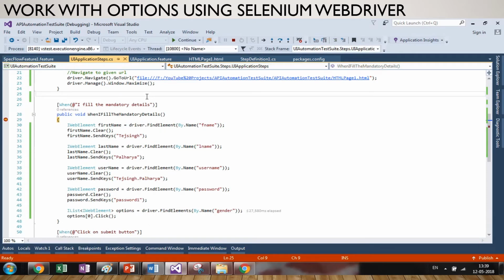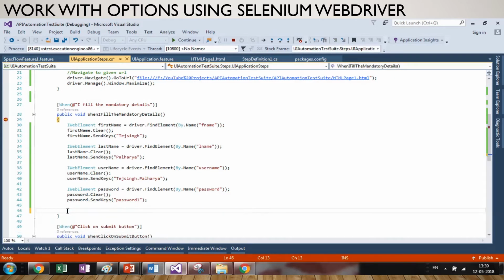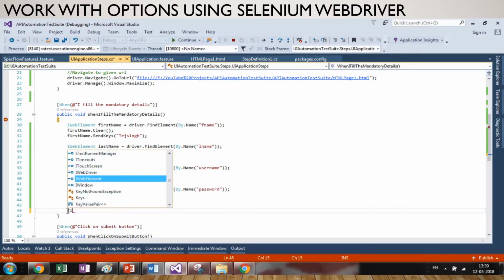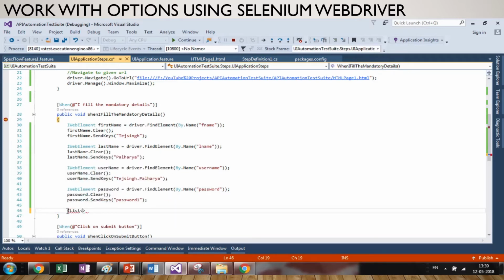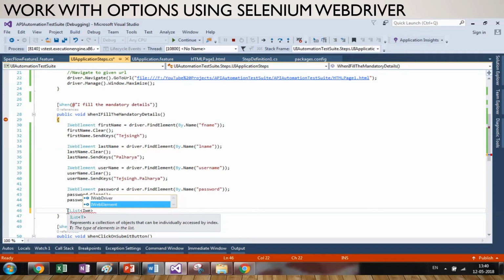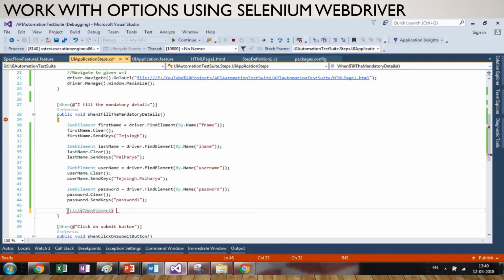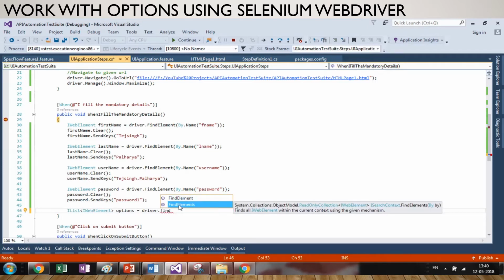Now working with options using Selenium WebDriver. So how can we use a radio button or options? First, since we have multiple radio buttons on the web page, we will define a list of elements. We will find the list of the elements. So IList<IWebElement> options equals driver.FindElements, and we will pass